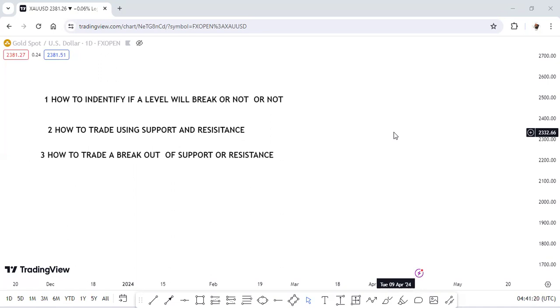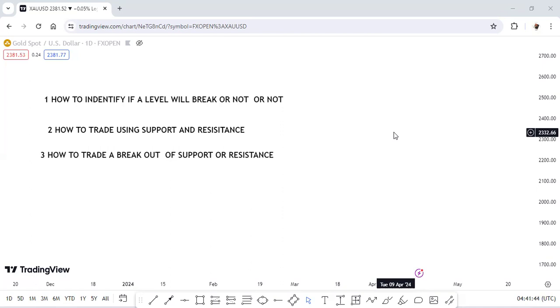As you all know, my name is Legend, and in this video, I will be teaching you guys how to identify if a support level will break or not. The second tip I will be walking you through is how to trade using support and resistance zones, and the third one is how to trade the breakout of the support level or the resistance